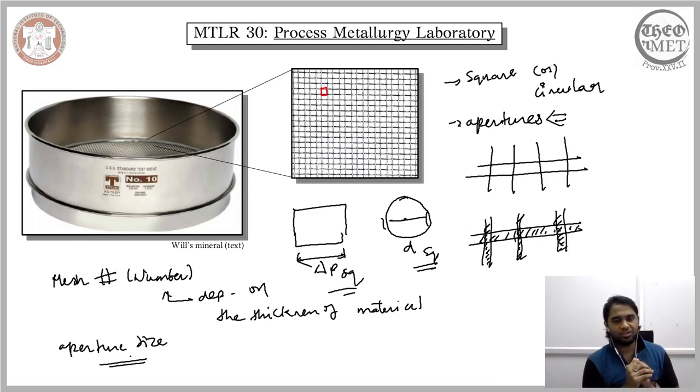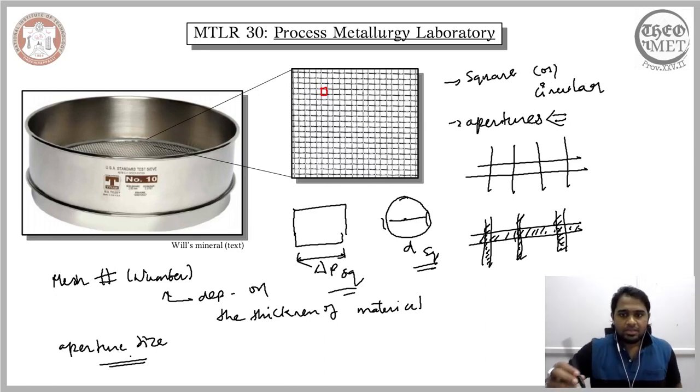However, when you go for an industrial setting wherein you already have a huge number of sieves and you already know what specific material or mineral you will be assessing using the sieve analysis, and you already know that the thickness of these sieves is fixed, then in that case, in an industrial setting, mesh number is still being used despite its restriction. So you have two ways of designating the sieves. One is through mesh number, which is rather a restricted or old way, and it is used largely in industrial settings wherein everything is set, you know what material you will be processing, and the thickness is rather constant. However, the ideal way of doing it is using the aperture size.